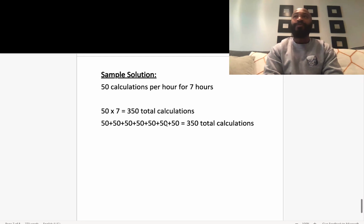Now, you might say, well, what if I'm not comfortable with multiplication? Well, the good thing is that multiplication is just the same thing as repeated addition, right? Adding the same number over and over. So in this case, we just can add 50 7 times. 1, 2, 3, 4, 5, 6, 7, right? And if you can do those addition pieces and put it all together, you end up with the same answer, the same